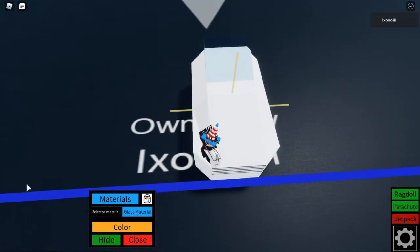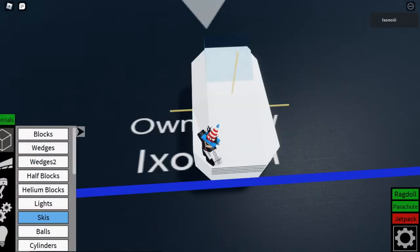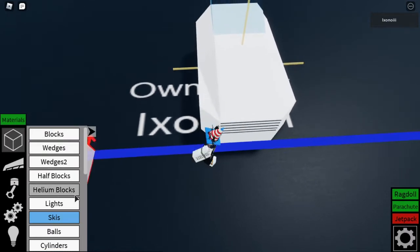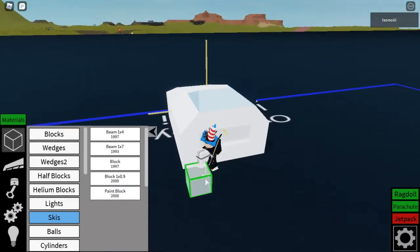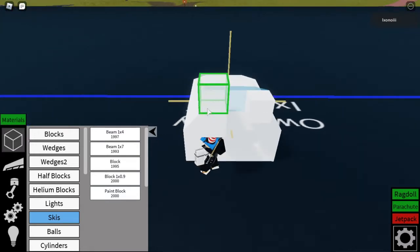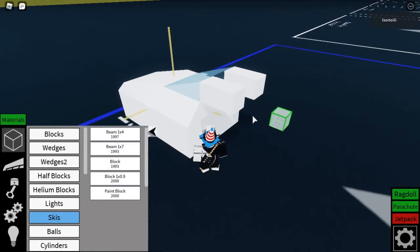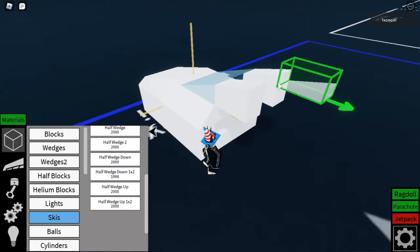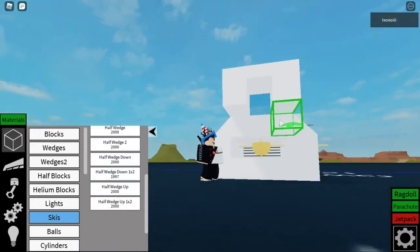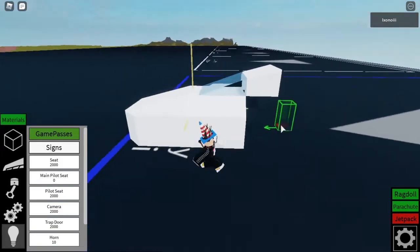Let's change to default. That looks good. Let's use a half wedge. No, like half wedge down, 1x2. And then we can put our seat right here. Okay, main pilot seat's gonna go right here. Actually...